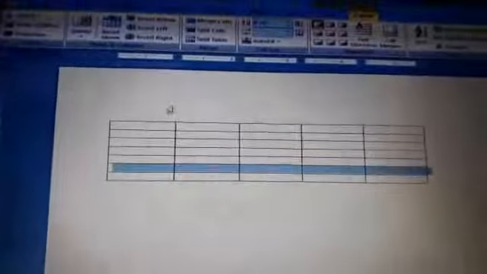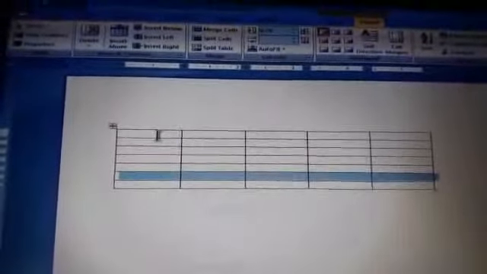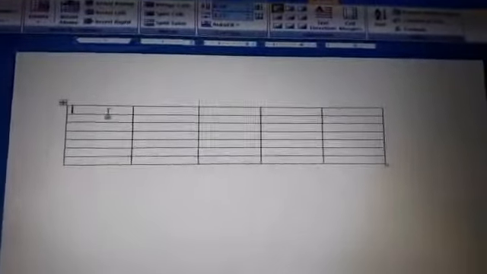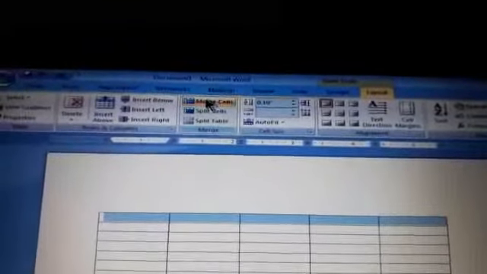Now I will merge all the cells of the first row. So first I will select all the cells of the first row using shift plus right arrow key. Okay, now I will click on the layout tab and click on the merge option, layout tab and merge cells.